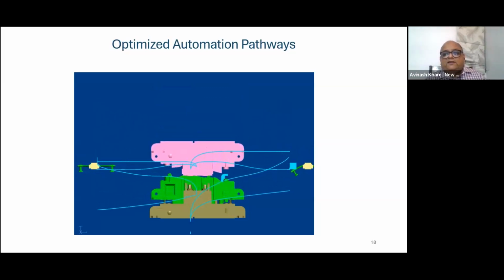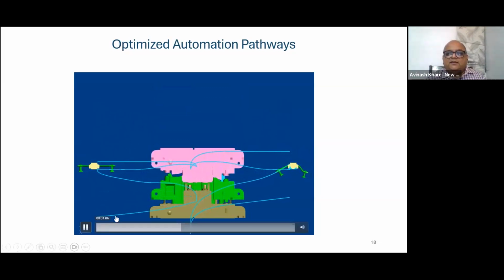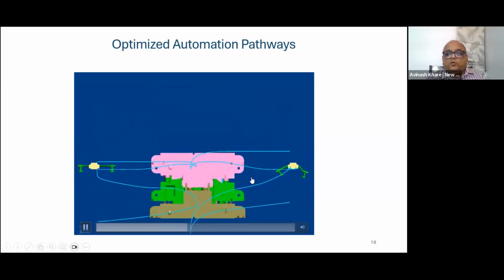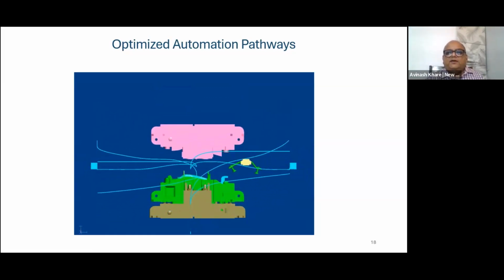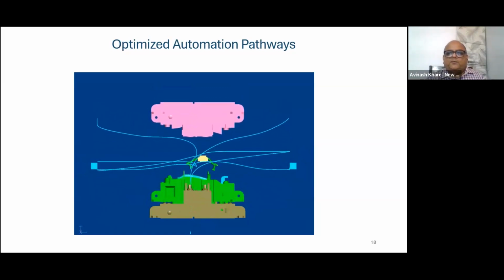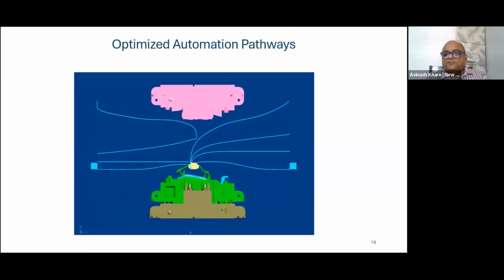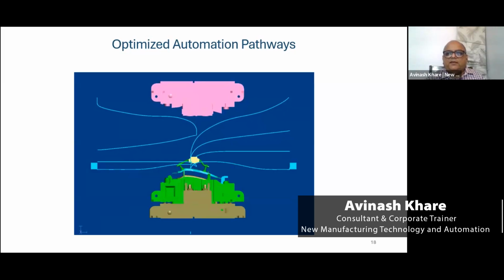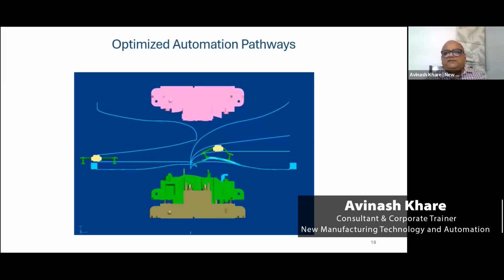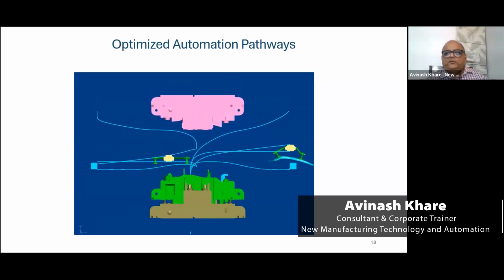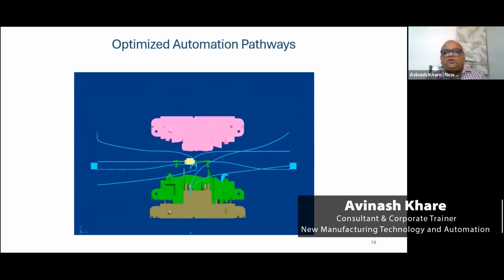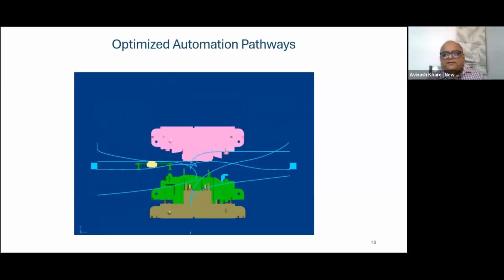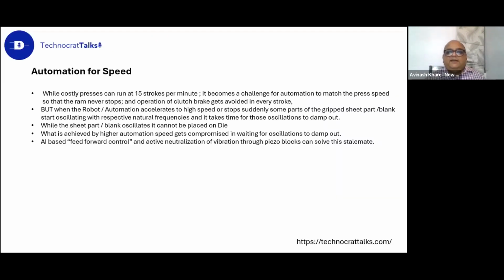But when you change the die, when you change the part, you have to obviously change these automation pathways, these blue lines, which the robots are supposed to follow. Now, if you know the ID of the die, if you know the ID of the next part, you can advise the robot to switch from program X to program Y. Very easy, simple. And that can be done very fast. And you avoid things like changing cushion pins, because you go for nitrogen springs in the lower die, so that you don't depend too much on the press. So physically on the press, nothing much has to be changed. Okay. So everything else can be done. Practically, there are